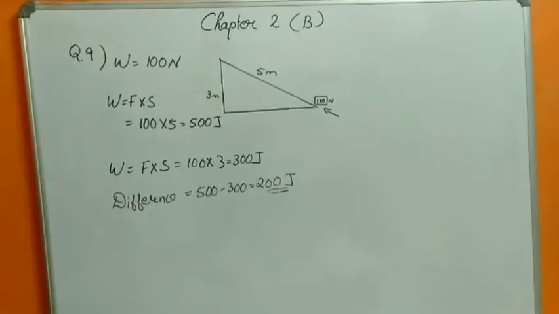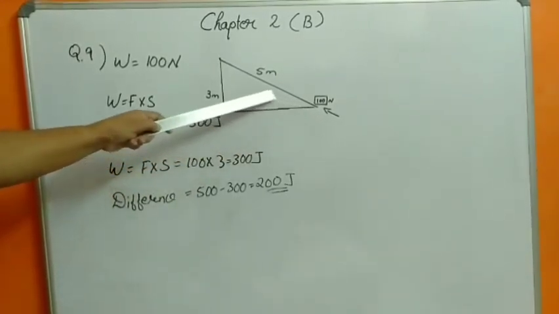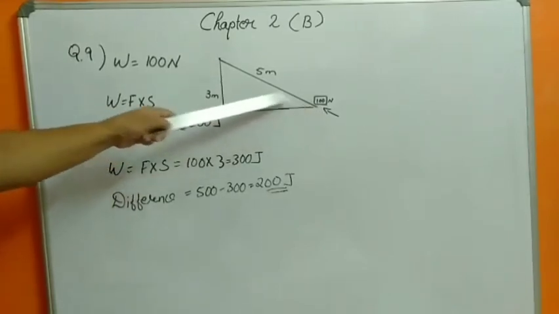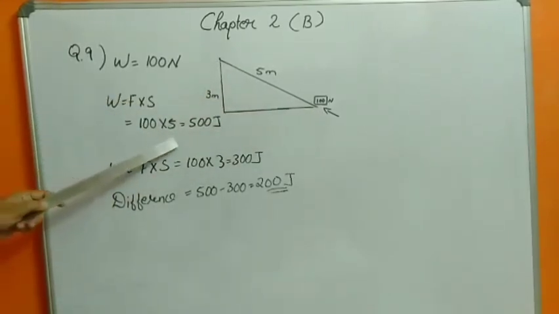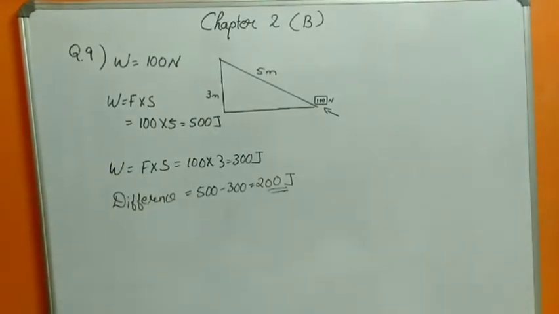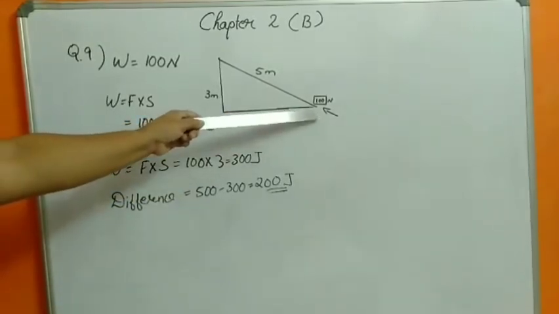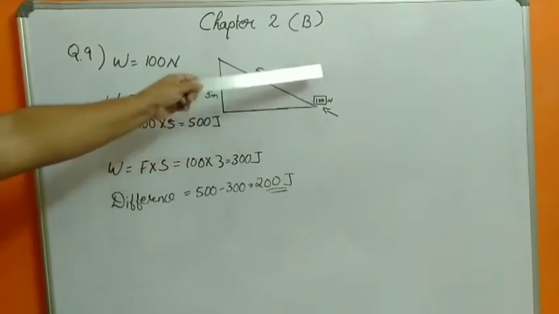So here the question is, a block weighing 100 Newton is pulled up a slope of length 5 meter by means of a constant force. First sub question, what is the work done by the force F in moving the block 5 meter along the slope? So first you are asked to find the work done when this block is moved along the slope. So work done is force into displacement. We will get 500 joule. Second sub question, what is the increase in potential energy? Initially the block is on the ground floor and it reaches a height 3 meter.